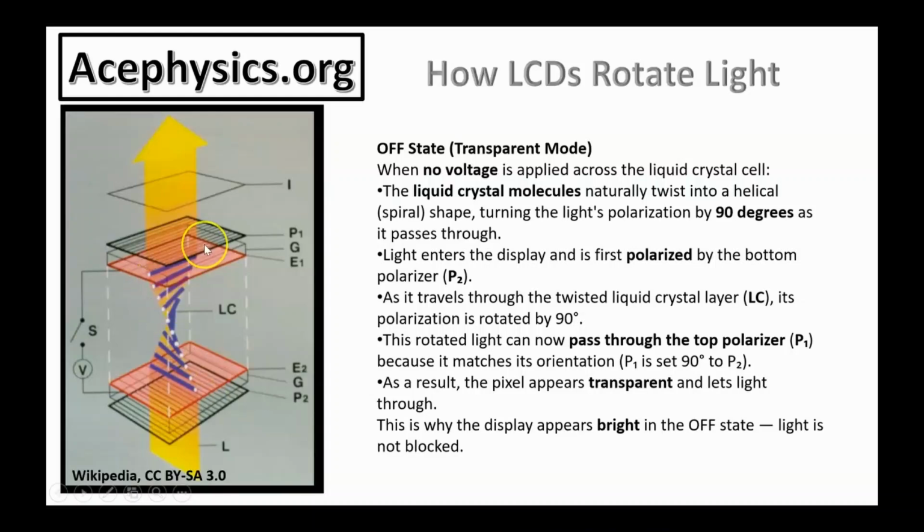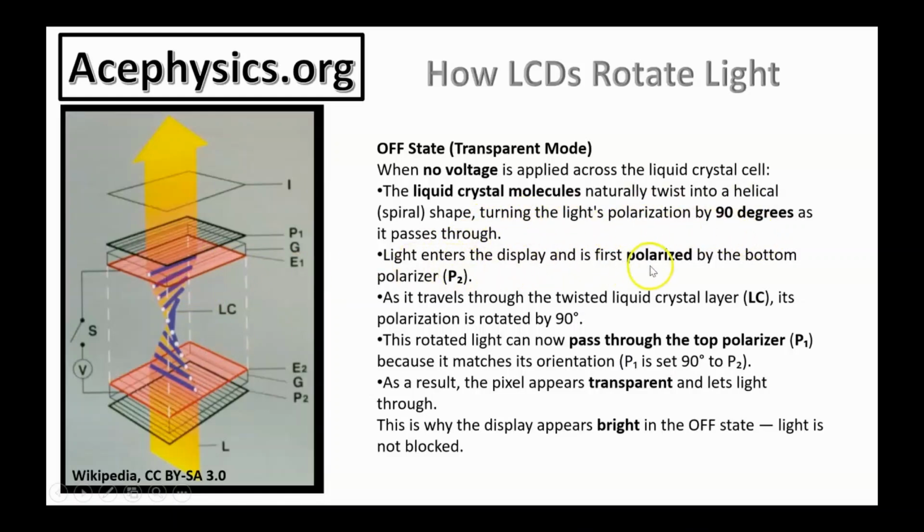These molecules align with the direction of the rubbed coating on each electrode through weak dipole interactions. The yellow arrow represents light passing through the pixel. This is the unenergized state, when no voltage is applied across the liquid crystal cell. The liquid crystal molecules naturally twist in a helical shape, turning the light's polarization by 90 degrees as it passes